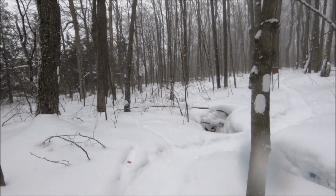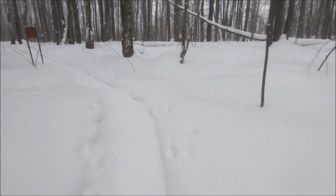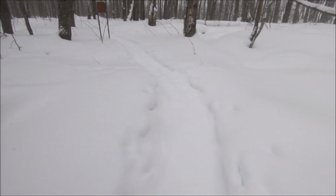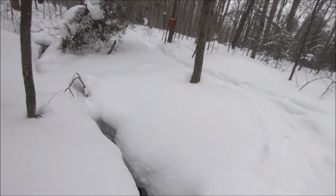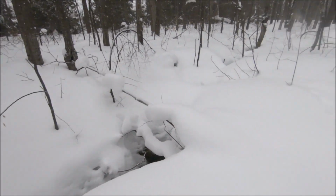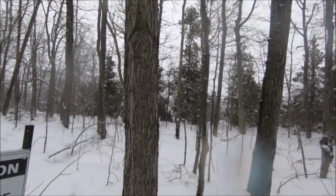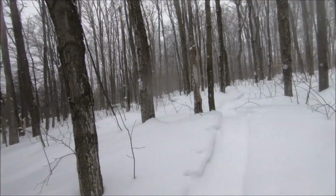Now right here on this section of trail, there's kind of a narrow walkway which crosses an extremely deep crevice. I'm not sure if you can see down there, but it's a good 50 feet or more down there on both sides. Again, with just a narrow and short kind of walkway in the middle. So it's something to be extremely aware of when you come through this particular section. Now, granted, the Bruce Trail Conservatory do have this area marked, caution, deep crevice ahead, and they are 100% correct,